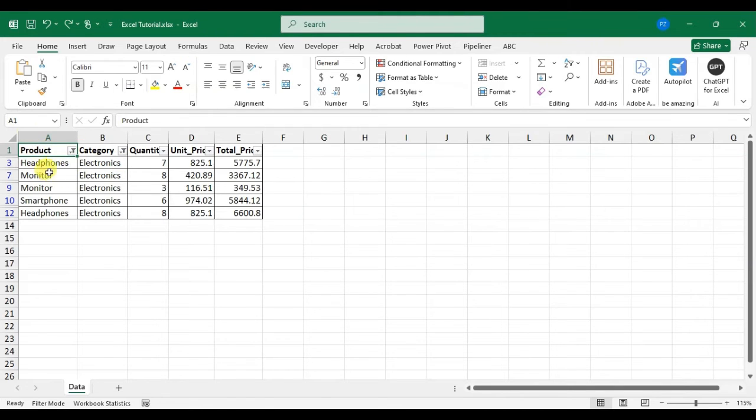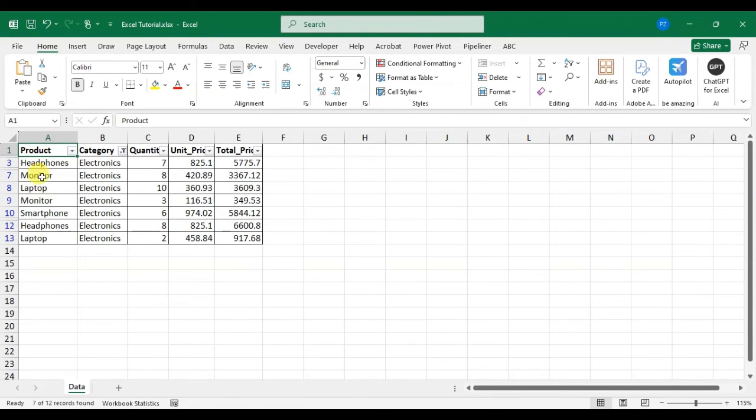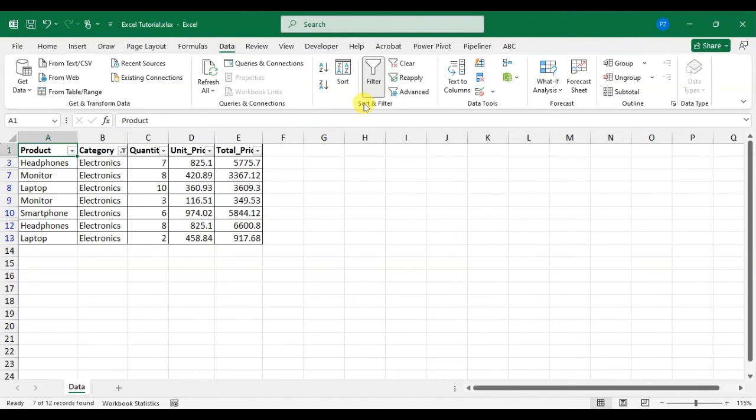Suppose I'm going to clear the filter on the product column. Okay. So I just click on the filter option, then click on clear filter from the product column. Just click on this option and you can see only the product column filter is cleared, and the category filter is still showing. Okay. If you want to clear all filters, simply go to the Data tab, in the Sort and